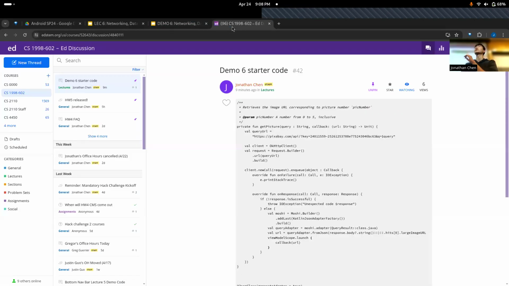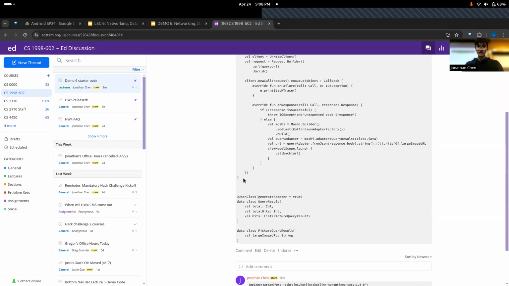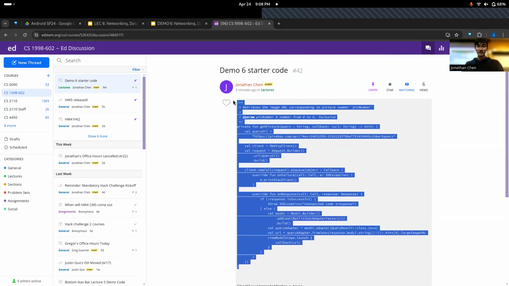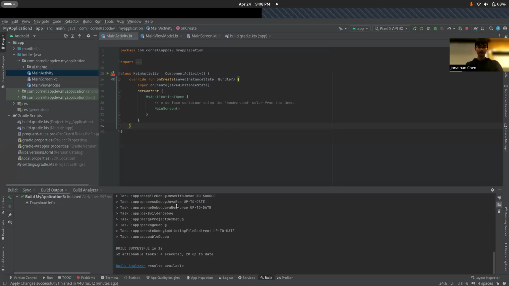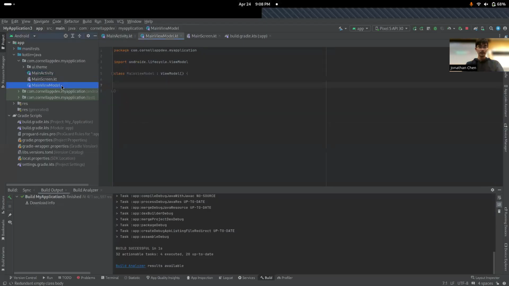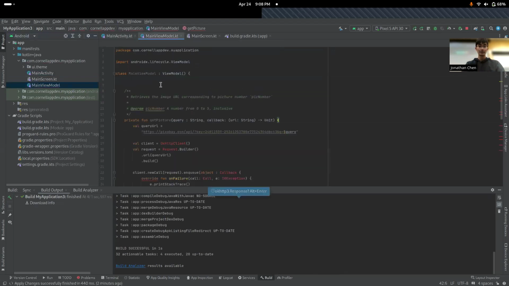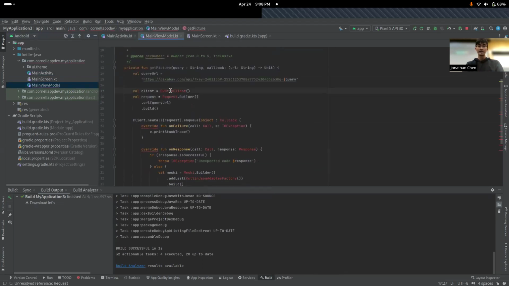Any questions so far? All right, let's copy this over. So this is a function that allows us to make a call to the backend. And so we're going to put this in the view model because it actually interfaces with